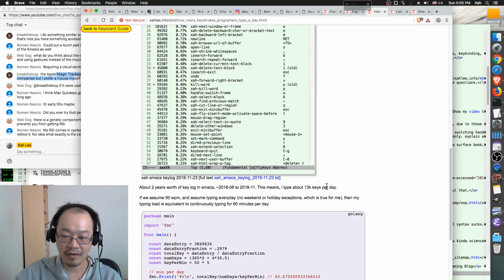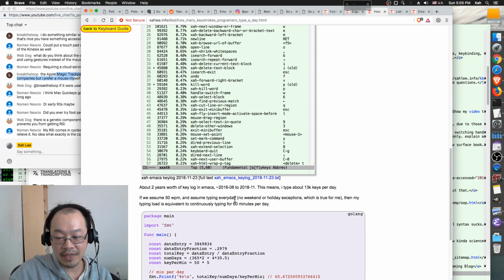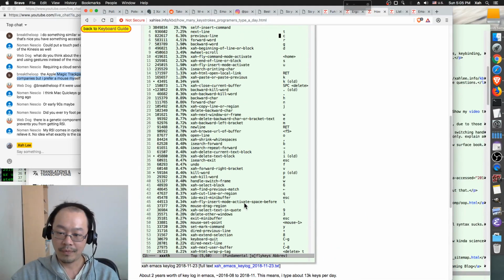It's like 13K keys per day. If we assume 50 words per minute, typing every day, no weekend, no holiday, my typing load is equivalent to continuously typing for 60 minutes, so 1 hour a day.